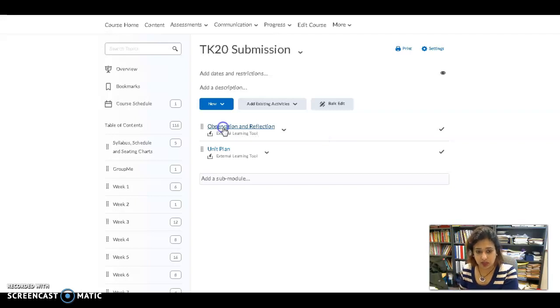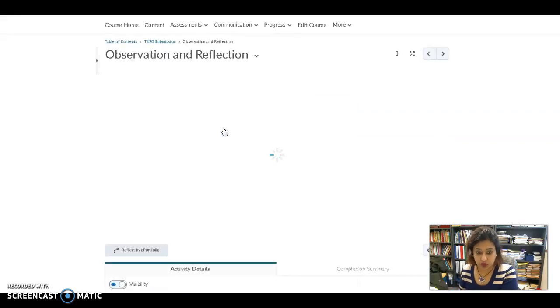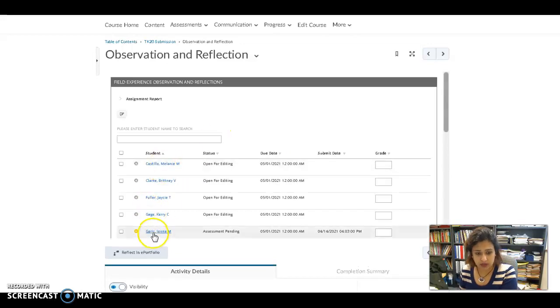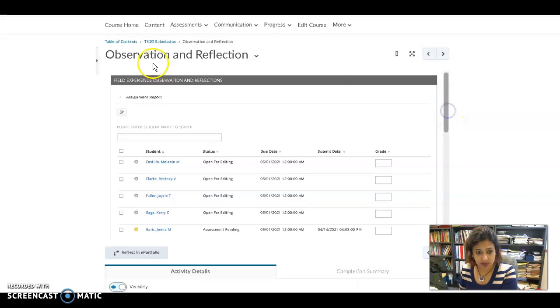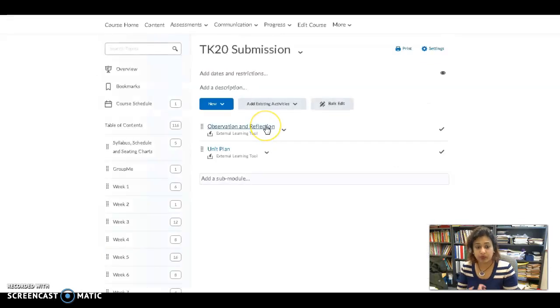So when you click on it, you're going to be able to see your name, and you can just click on that name and then you can submit your papers. Remember, you have to submit both the math observation feedback form that I gave you, all the sheets, plus it needs to be signed by you and your mentor teacher, the cooperating teacher. Okay, so you have to have the forms, all of those sheets of the observation paper with all the signatures